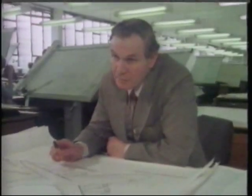Do you not at all think we'll put the wing here because it would look more attractive that way? No, I'm afraid that doesn't come into it at all. Not at all? We put the wing in the most efficient aerodynamic and structural position to suit the particular airline. The aesthetics of the aeroplane don't come into it at all. Is there nothing that isn't totally functional? Well, the only